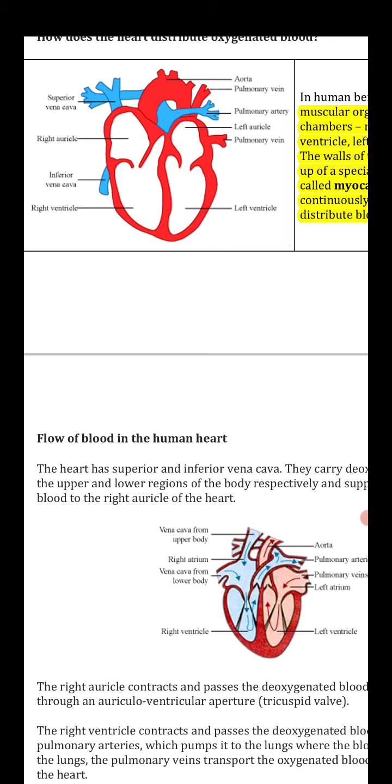So you can say easily that our heart has a total of 4 chambers. The upper portion is called the auricles or the atrium. The lower portion is called the ventricles. This auricle is the receiver side and the ventricle is the donator side. What is the meaning of receiver side? The auricles receive blood from all over our body, and the ventricles donate blood to all over our body. So this is the basic configuration of the human heart.